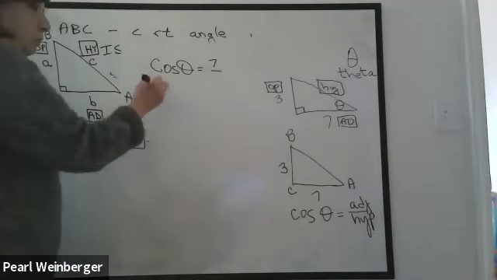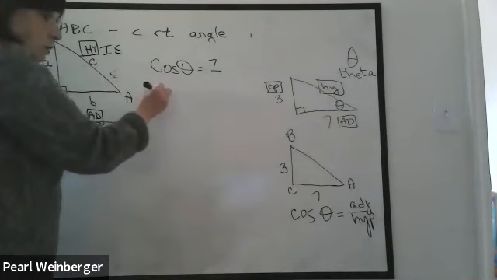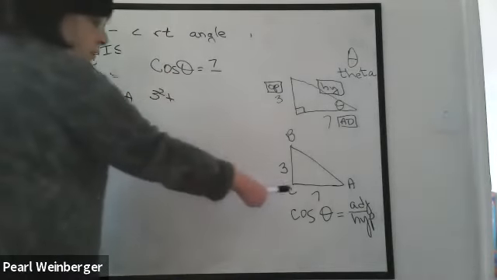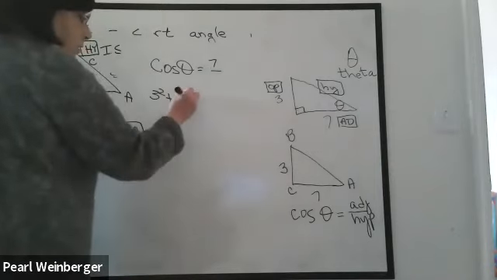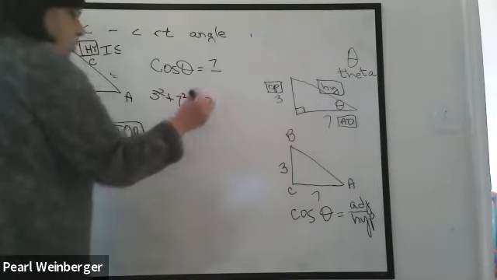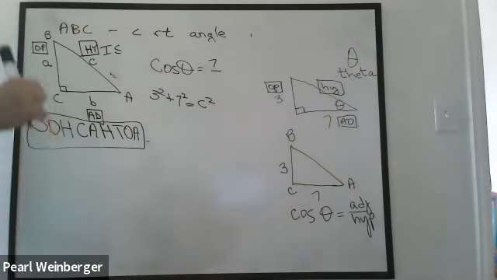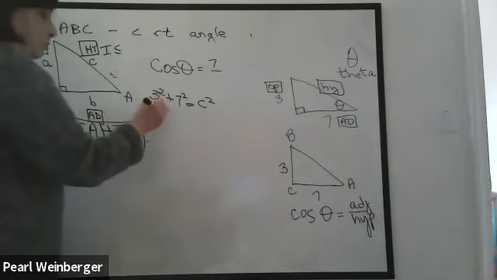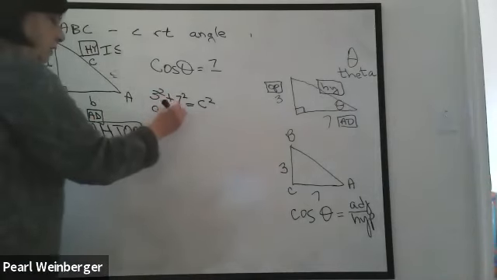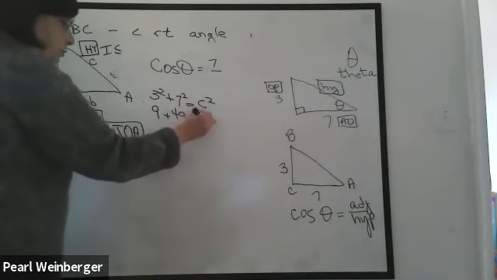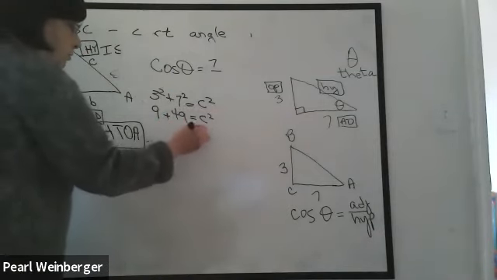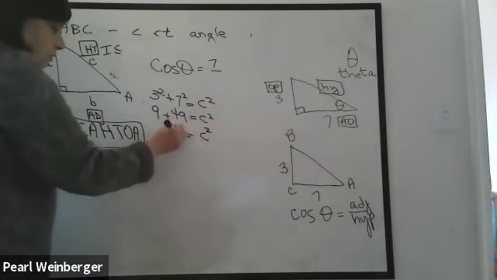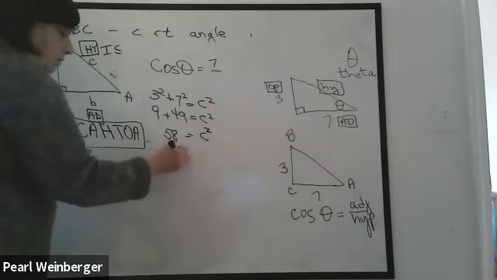So here's what we do. We do a squared, which is 3 squared, plus b squared, that's 7 squared, equals c squared. We use our Pythagorean theorem to figure out the third side of the triangle. This 3 squared is 9, 7 squared is 49. That's what c squared is. So c squared equals 58. And c is the square root